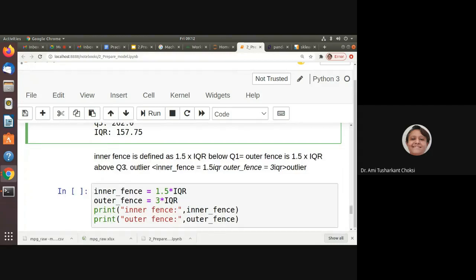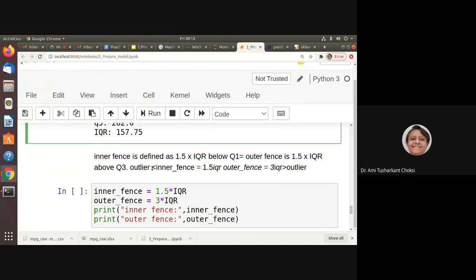Now, one method says that the inner fence is defined as 1.5 IQR below Q1, and the outer fence is 1.5 IQR above Q3. Inner fence is 1.5 IQR and outer fence is 3 IQR.